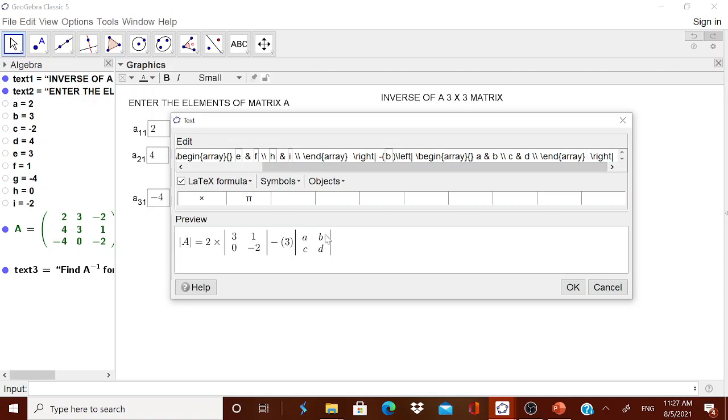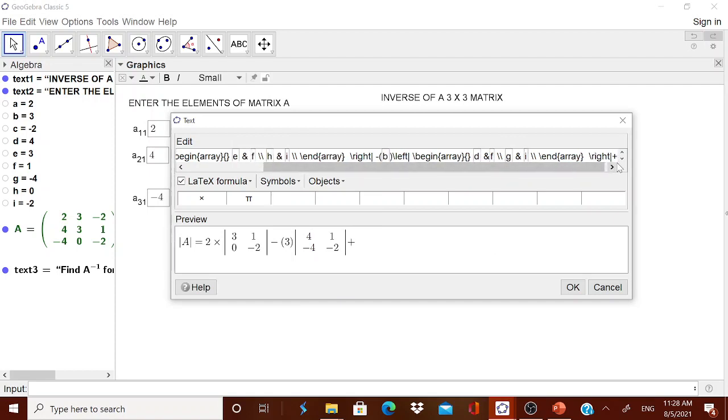In that A, B, C, D, what will come? Therefore, the first number will be D. The first element will be D. The second number, you know it. What are the things that will come? I'm not explaining more. Here what will you get? You will get G, and you will get I. Then you got the last one.